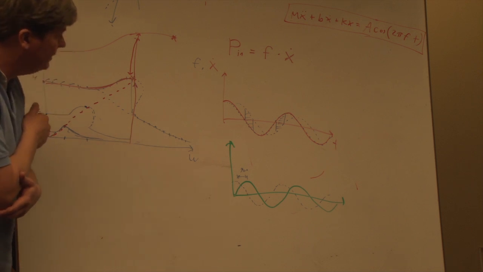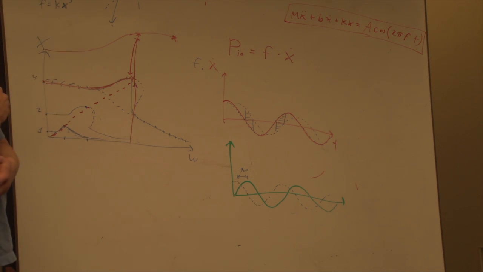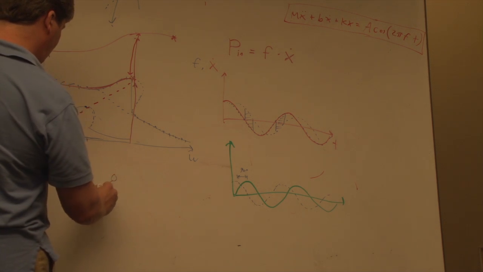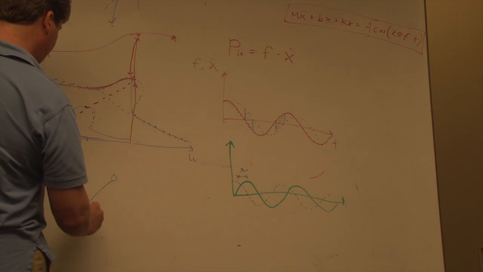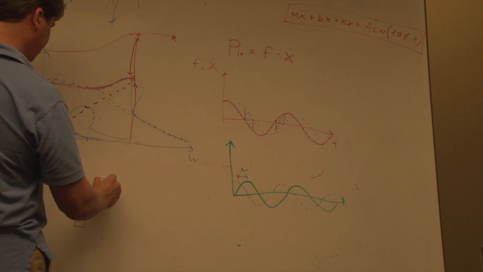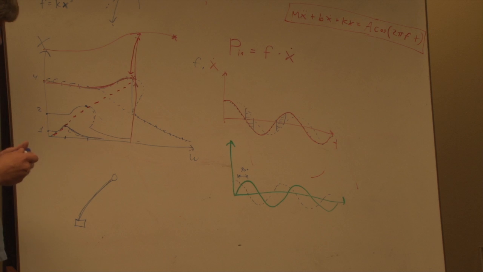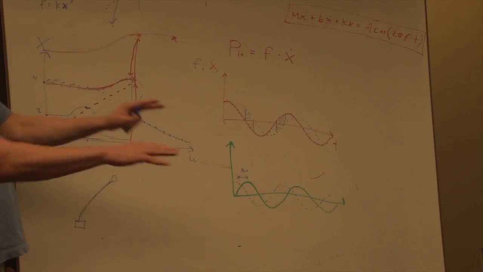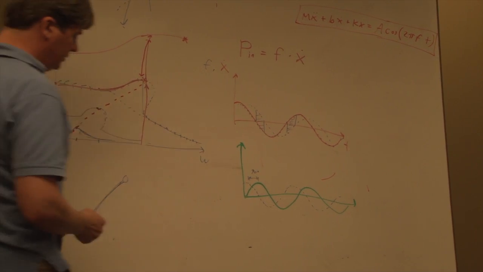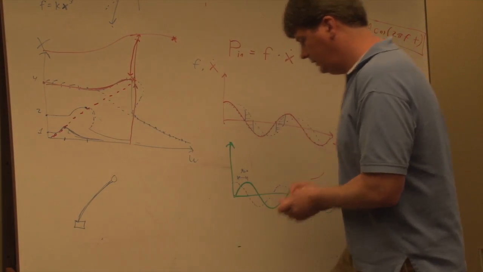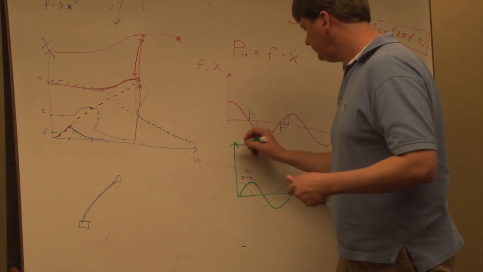Well, it depends on how you're generating that energy, right? So think about a swing. For the most part it's a fairly linear oscillator, except for the sign of the swing angle. A human pushing a kid on a swing stands in one place and pushes, right? So that would be, in this graph, if green is position,